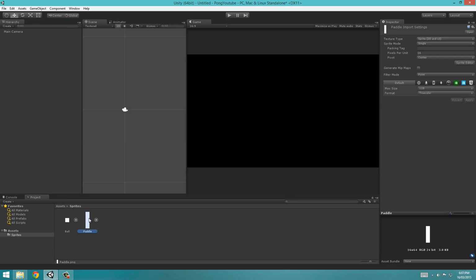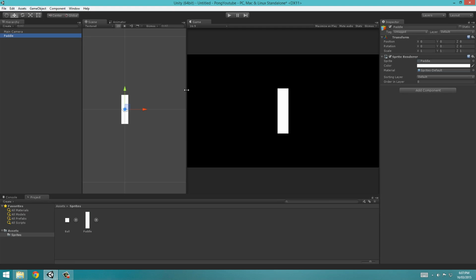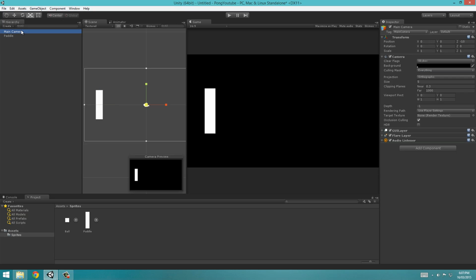And what we can do now is we can simply drag in our paddle object into this hierarchy. And so as you can see in our game view and our scene view, this object has appeared. So what you're going to do is use these arrows to manipulate the transform of this object. So you might be thinking to yourself, well, the actual Pong game is a lot more zoomed out than that. So you might, if you wanted to, make this smaller in size, but a better method of doing this is